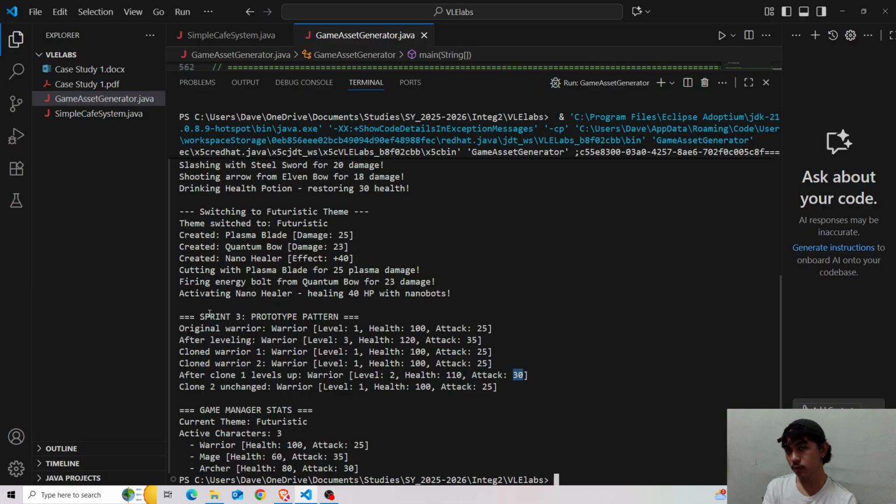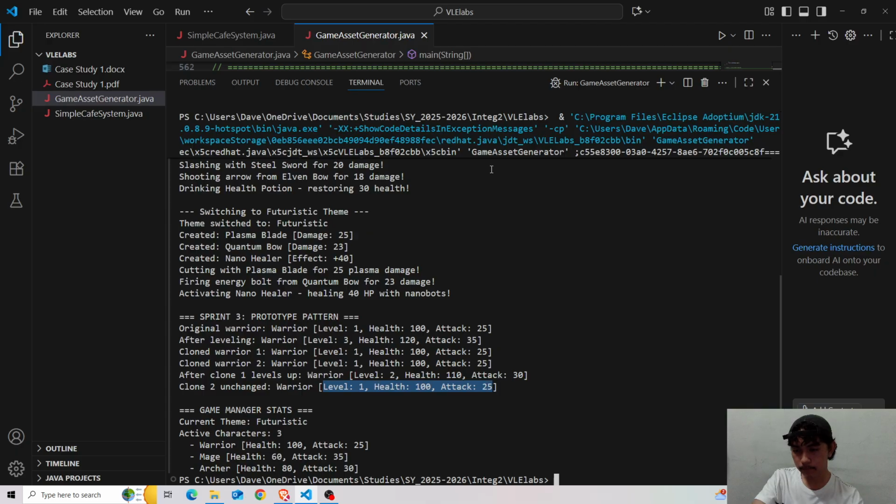As you can see here, the clone warrior 2 is still level 1, has a health of 100, and has an attack damage of 25. So the values stay the same. So that's how the prototype pattern is being implemented here.